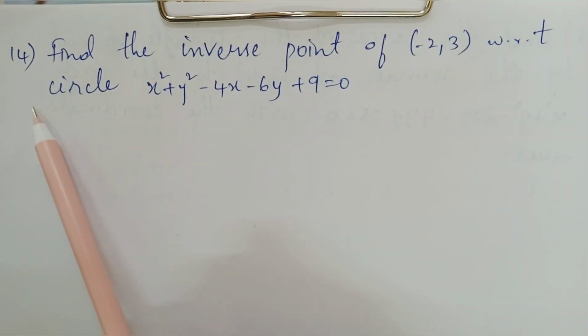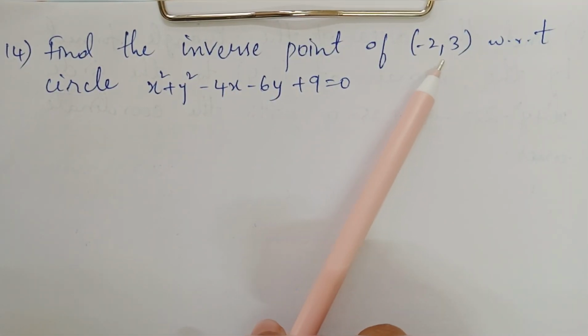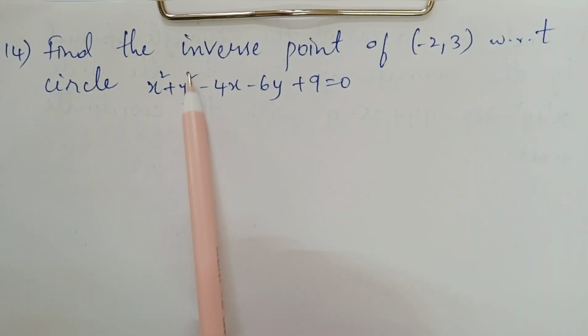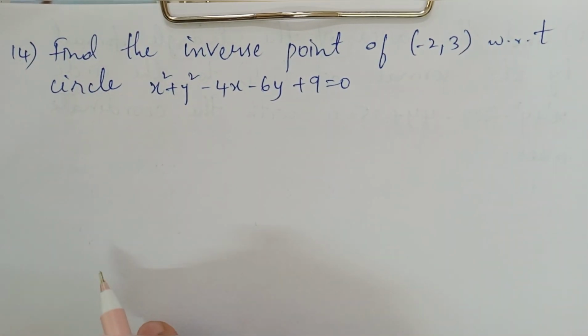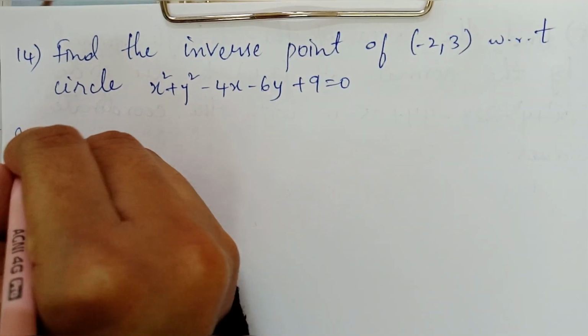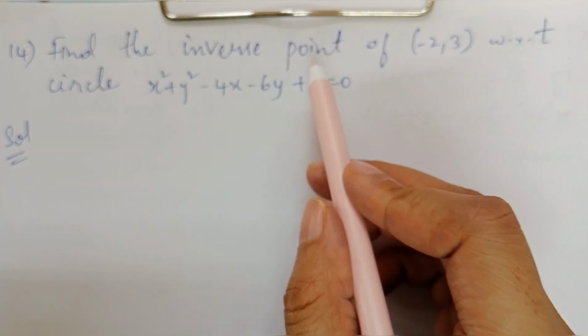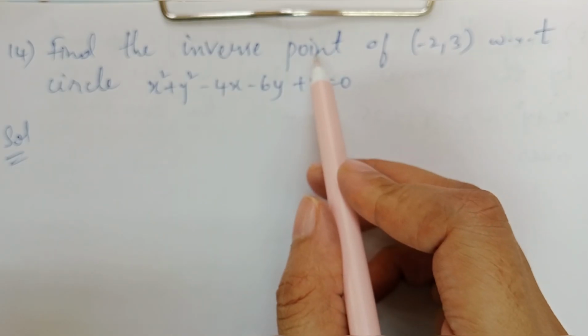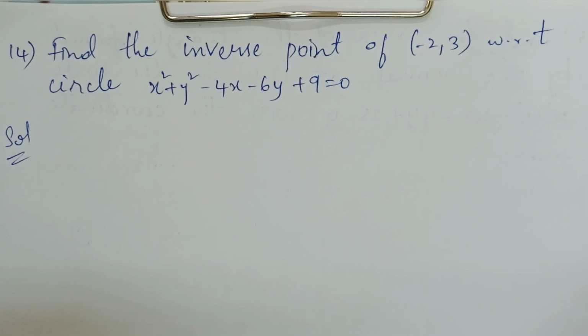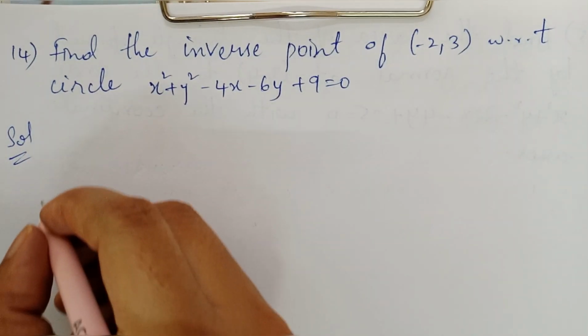So next question is find the inverse point of (-2, 3) with respect to the circle x² + y² - 4x - 6y + 9 = 0. So here we have to find the inverse point, which is nothing but the point of contact only with respect to the circle, which can be given by the foot theorem. Okay, so given